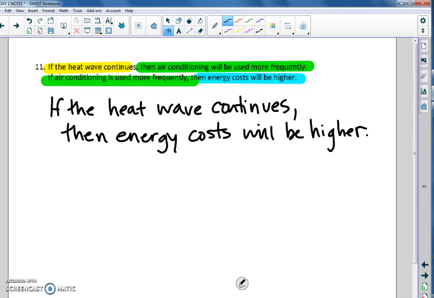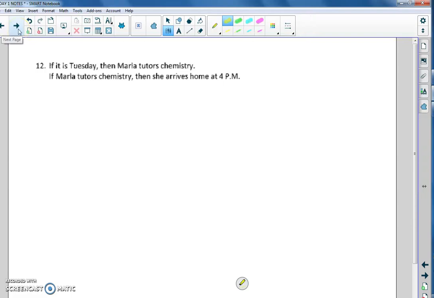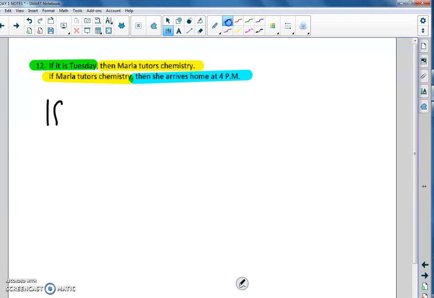If the heat wave continues, then energy costs will be higher. Go ahead and look at the next example and see if you can connect the beginning to the end. And every statement does not necessarily have to be an if-then form. So your B part in this statement is Marla Tudor's chemistry. So this allows me just to skip that. I can go directly from if it is Tuesday, but you want to make sure you actually use names, make the sentence make sense. So if it is Tuesday,